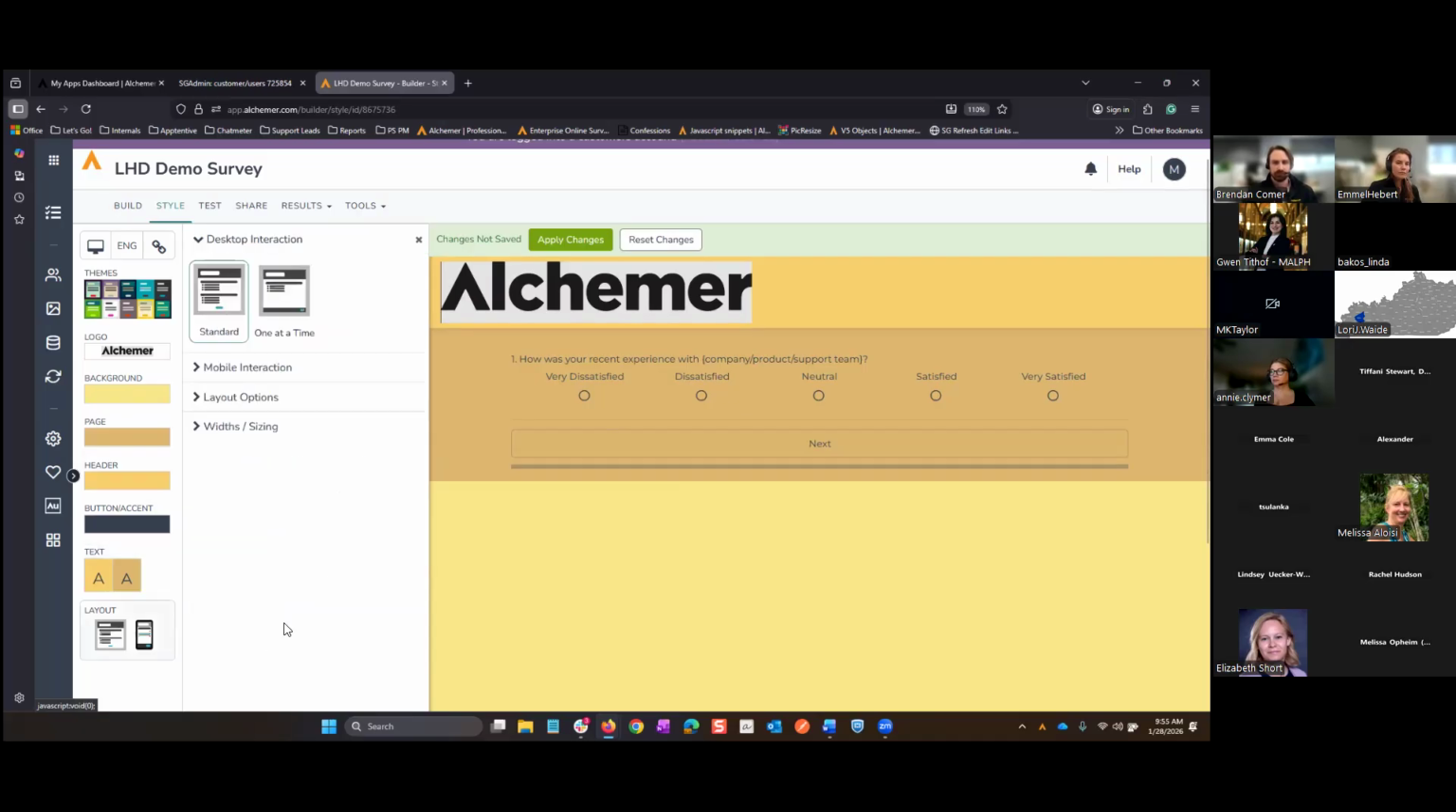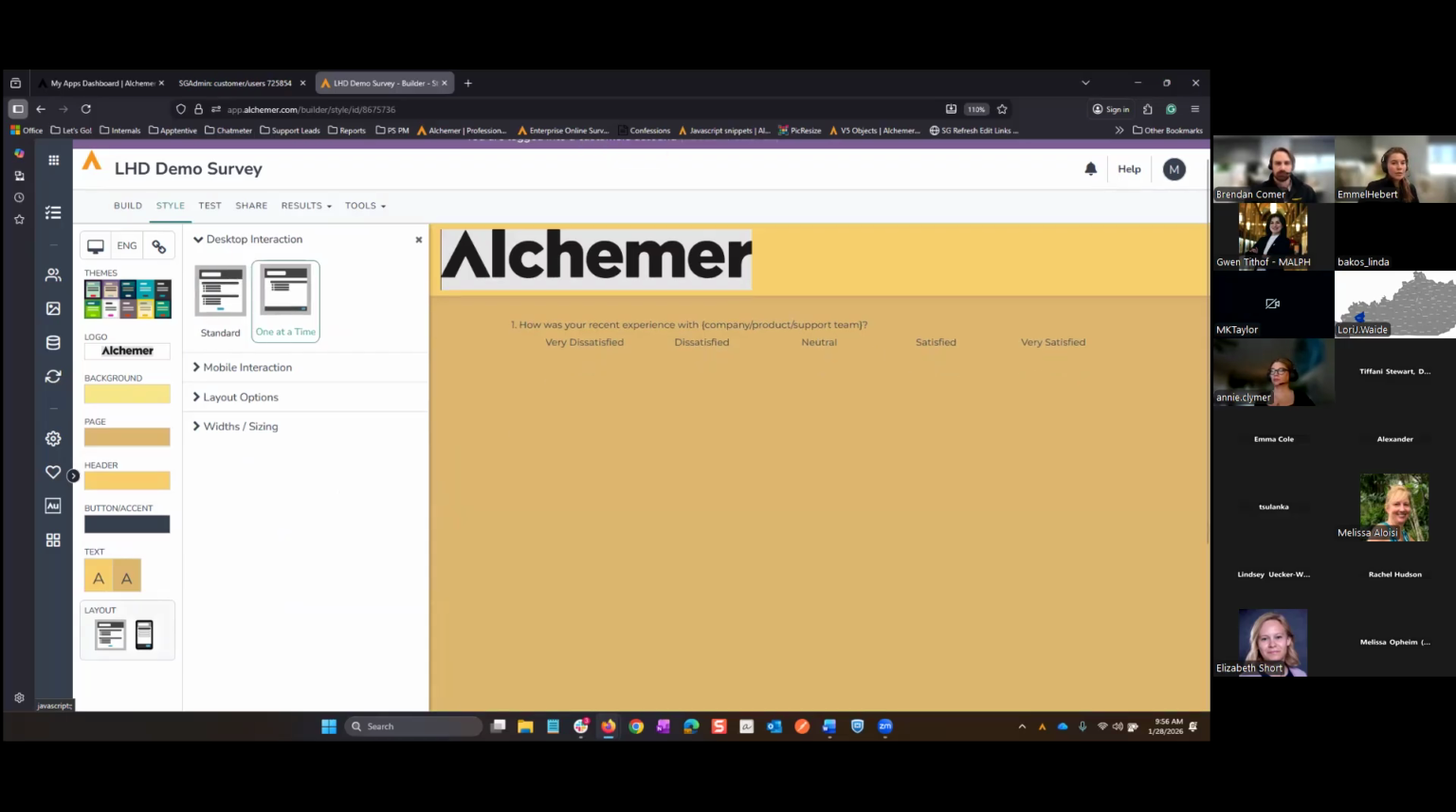Under our layout, this is how we're going to be looking at how your respondents view your survey questions. Under the desktop mode, you're going to find that your survey responses are going to be in standard mode, which means that if you have 5 questions on a page, the respondents are going to see 5 questions on a page. You can also have something that is shown in one at a time mode,